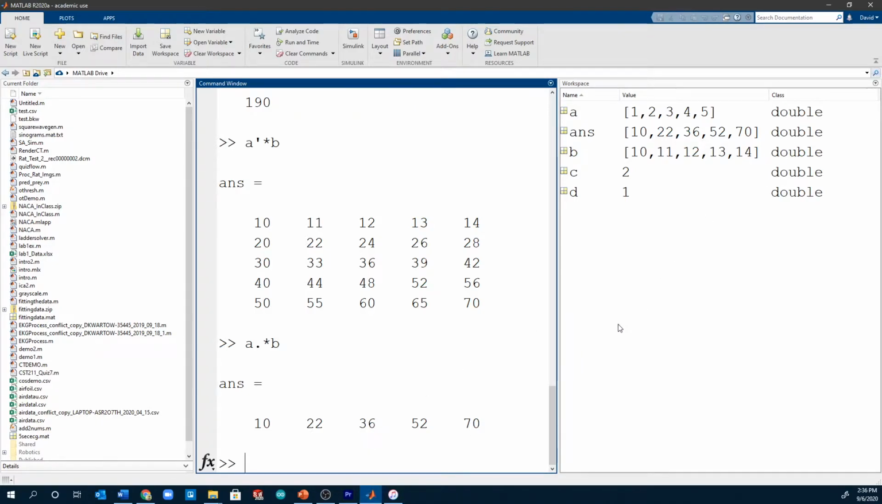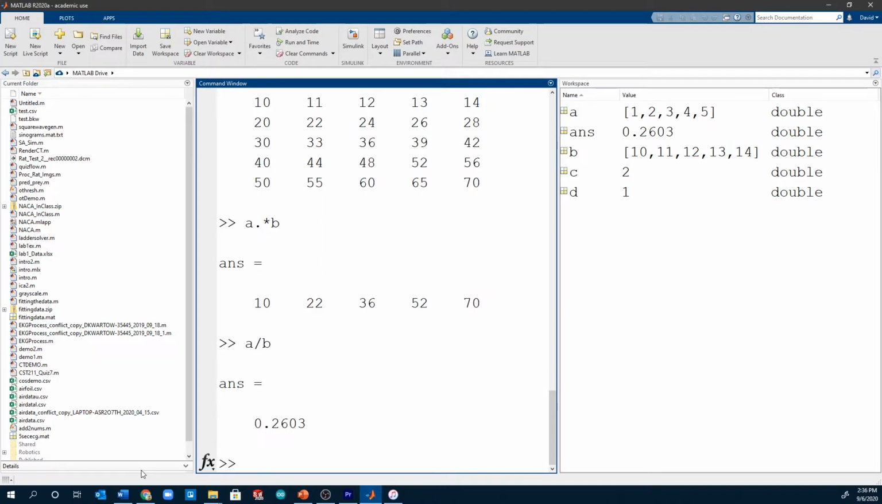So if you see here, you have the ability to go element-wise if you want to, and you have the ability to go matrix-wise. So what about division? Division is exactly the same thing. So if I say A divided by B, it's going to give me a number, but the fact is that number is doing matrix inversions,